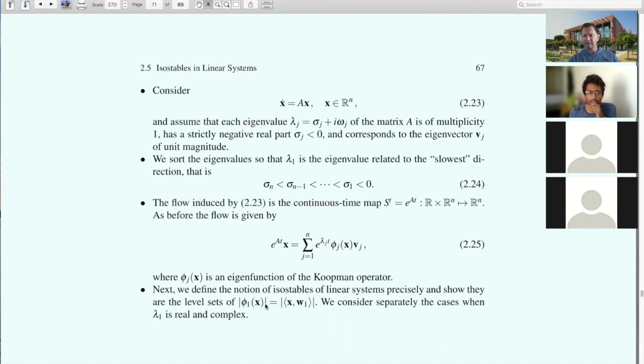Consider the level sets of the absolute value of the eigenfunction. The eigenfunction itself could be complex, and it can also attain negative and positive values. Whatever negative values we obtain, we take the absolute value, so we take the positive sign. And the reason for this is that